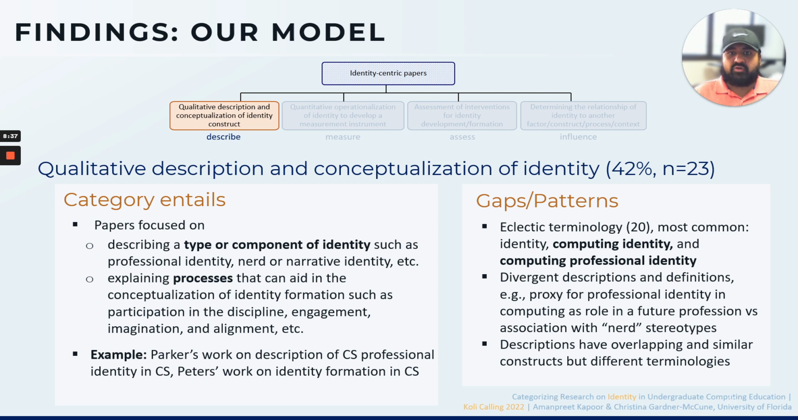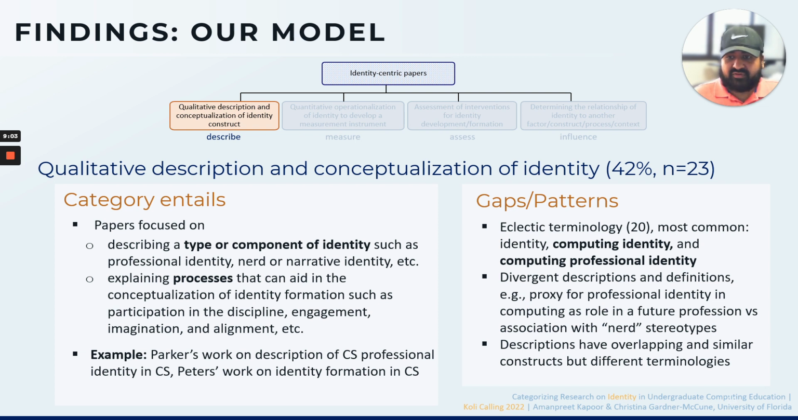And some of the gaps or patterns we found in this particular category was the papers were using quite a lot of terminology, which was 20 different terminologies such as nerd identity, group identity, computing identity, and so on. But the most common ones were identity, computing identity, and computing professional identity. Note that computing identity